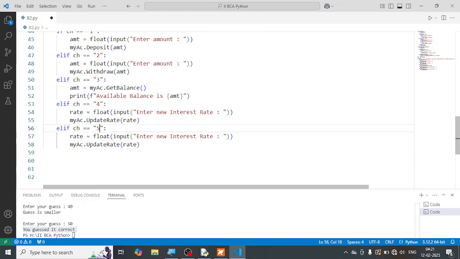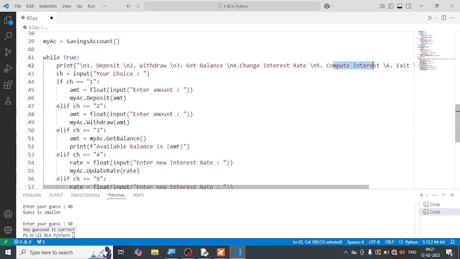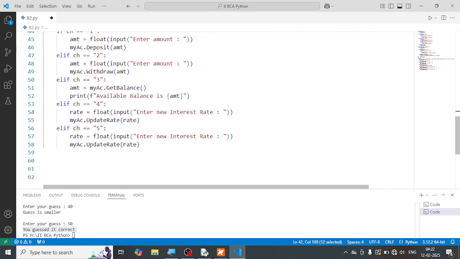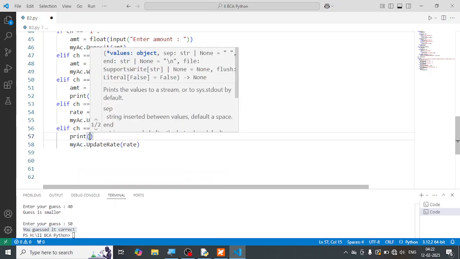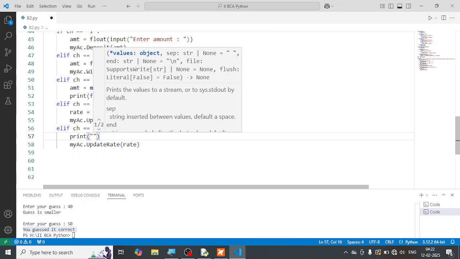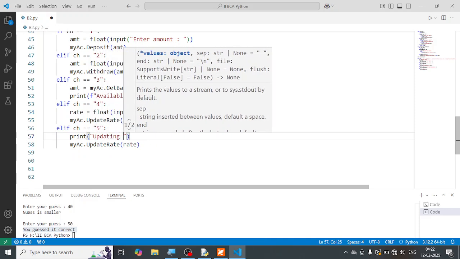The choice number 5. What is the choice number 5? You say compute interest. So this is what you're going to do. I'm going to use a printf statement. I thought it's going to be easier. So I'm going to say updating